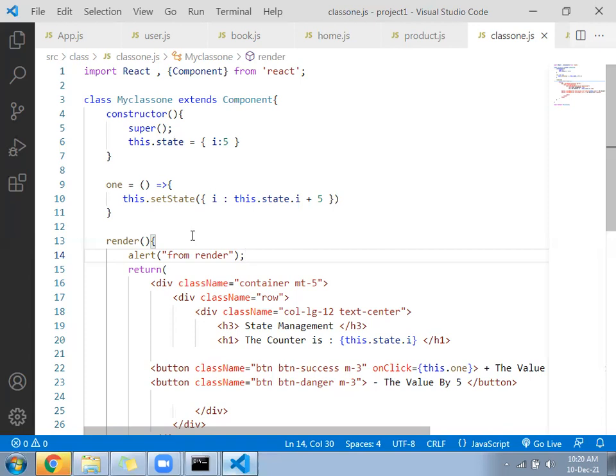Render is being called every time. Whenever you click on the button, render will get called.